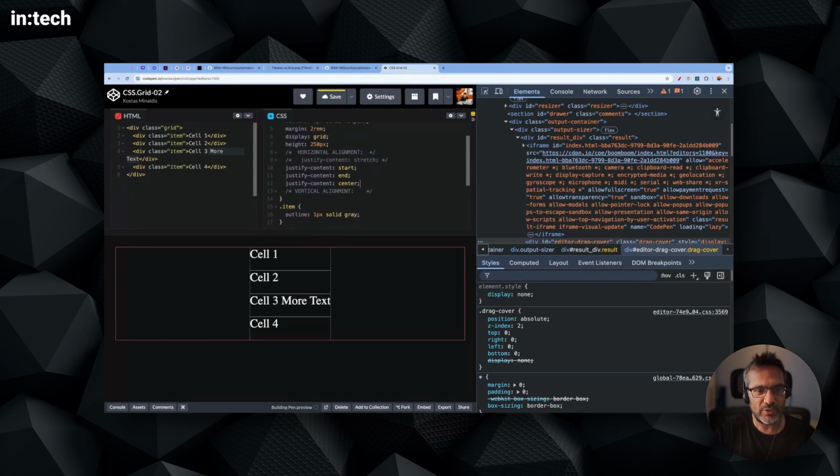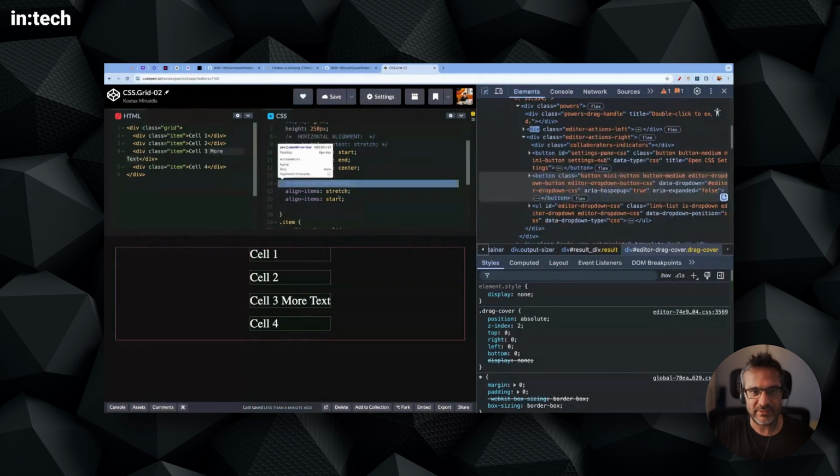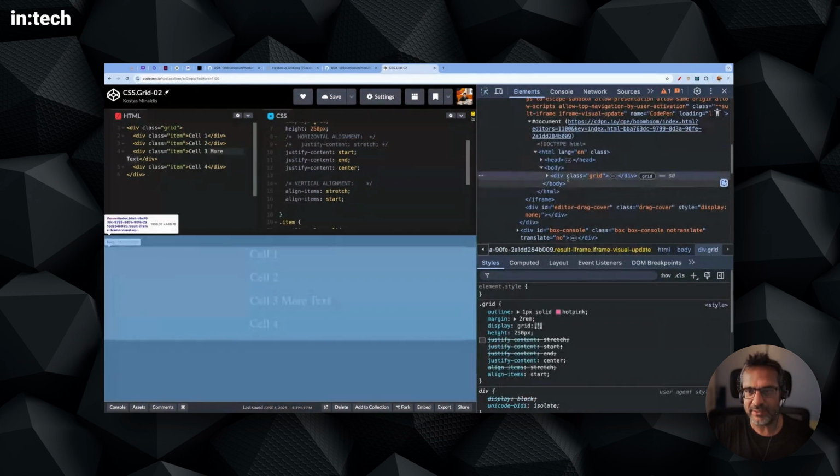And for this one, we have to use align items, which by default, I think, is stretch. And I can go to another one. I can go to start. Okay. Now here's what happens. It's a slightly different case than with the horizontal alignment. You will see, of course, that they changed. And if I highlight this guy here,